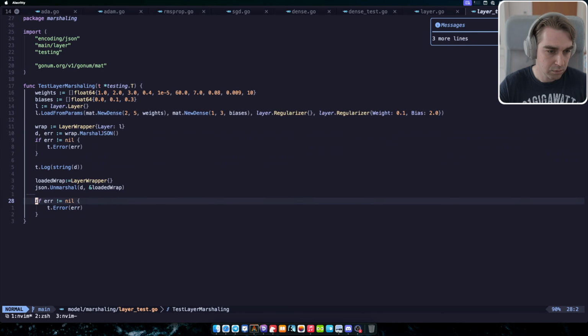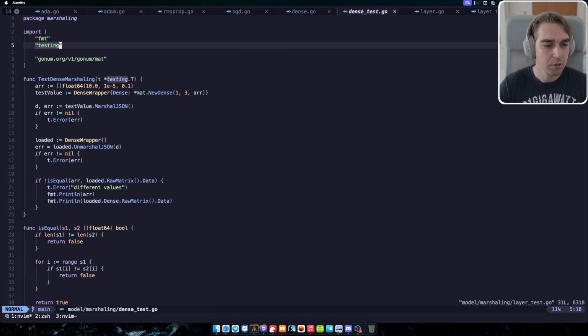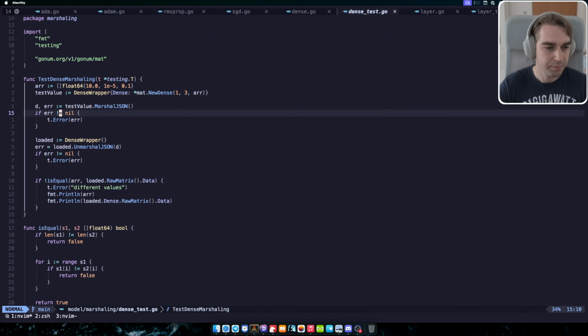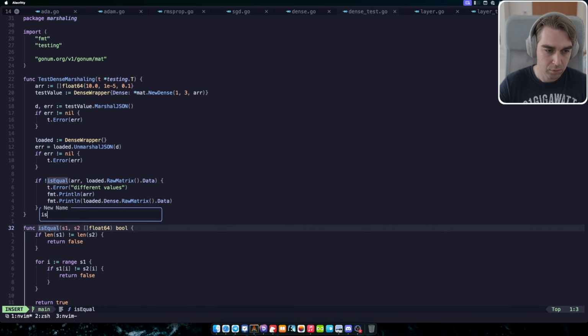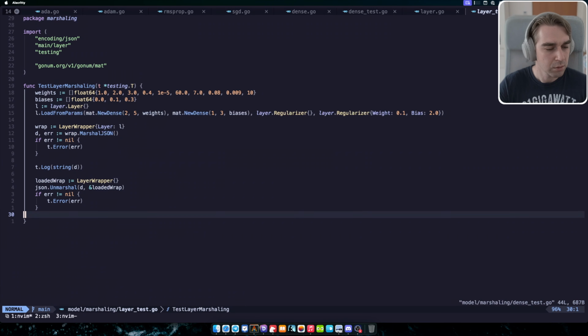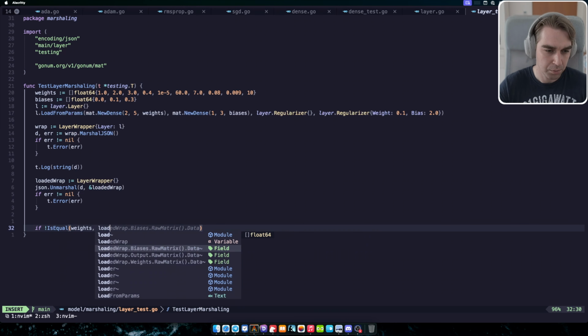If it looks like is equal. Can I do this? For example, if not is equal between the weights and loaded wrap weight, this one,